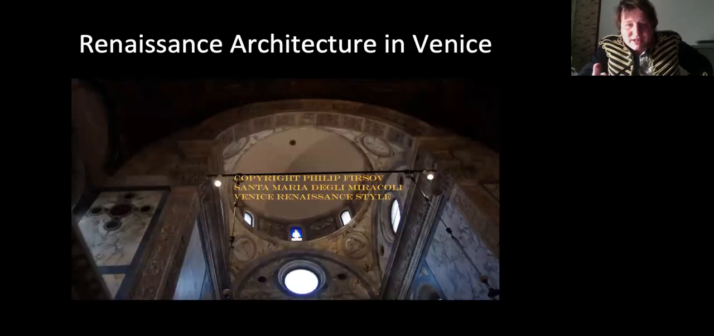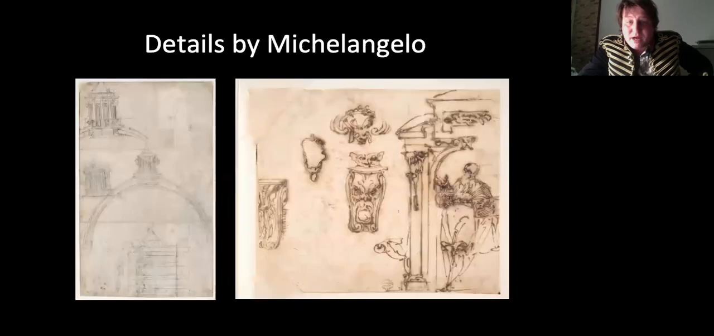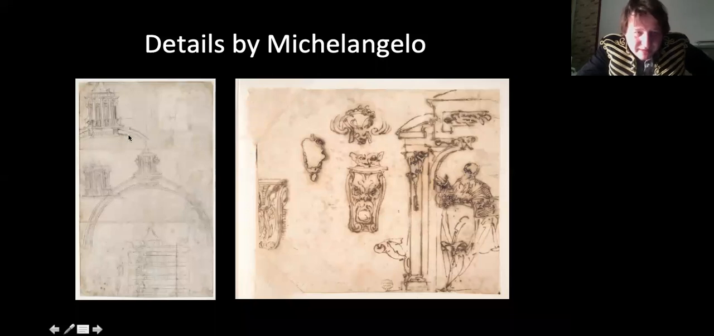And so here's just an example of a building with simple shapes. It's a church in Venice. It's called the Miracle Church. And as you can see, just there are round domes, circular windows called occhios, round, simple Roman arches, nothing Gothic, nothing pointy. So Michelangelo's designs here, you can see his drawings for the dome and the top of the dome